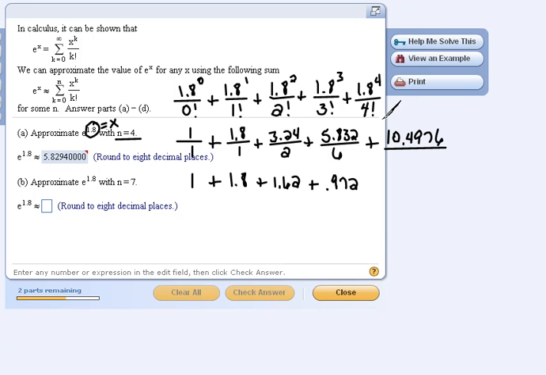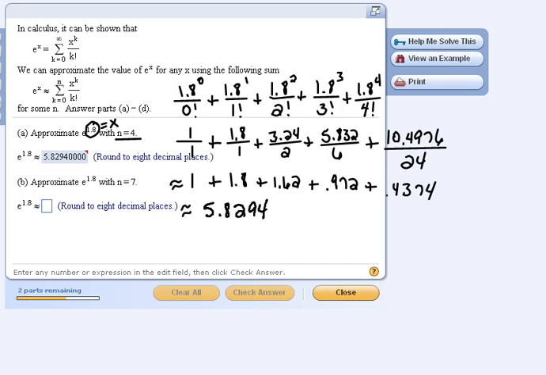Well, 4 factorial is 4 times 3 times 2 times 1, which would be 24. So when we divide that, that should be 0.4374. Now, we're supposed to be summing all these up, so whenever I sum all these numbers up, I get